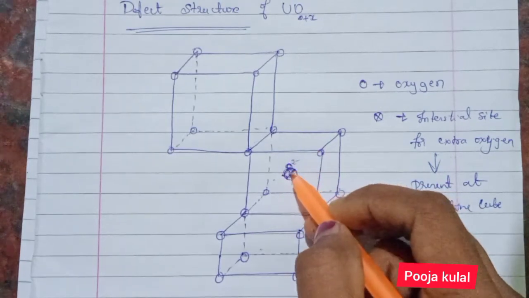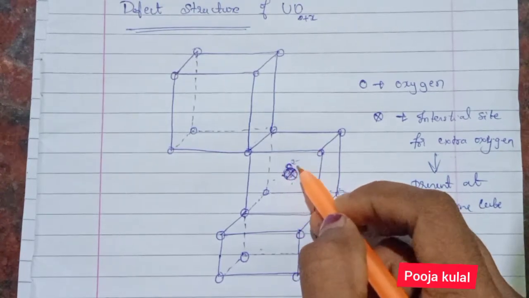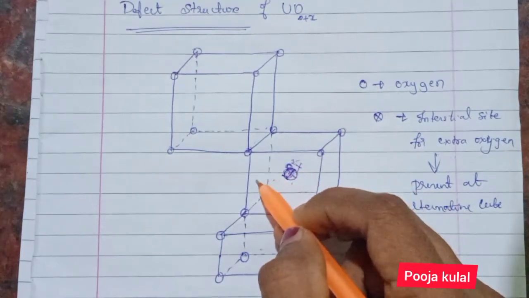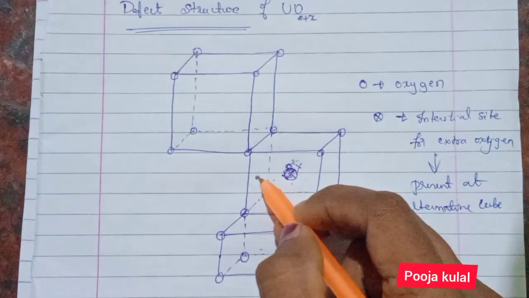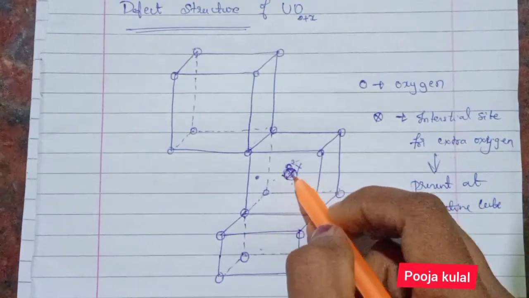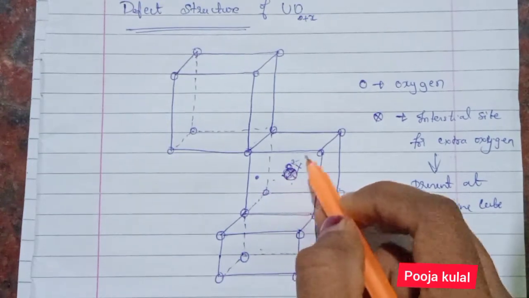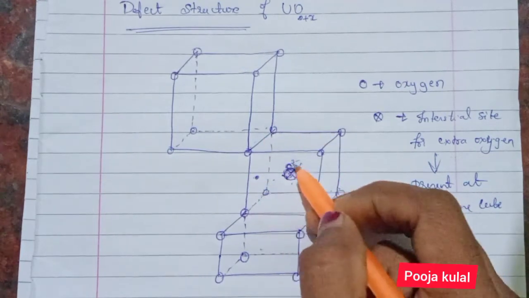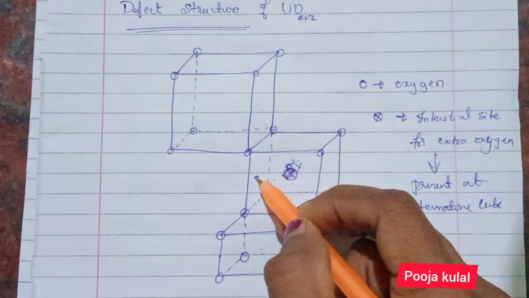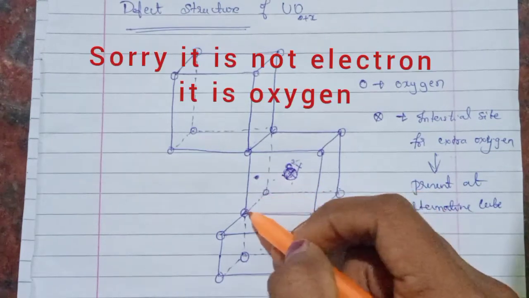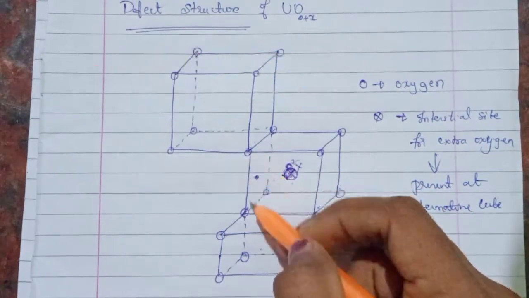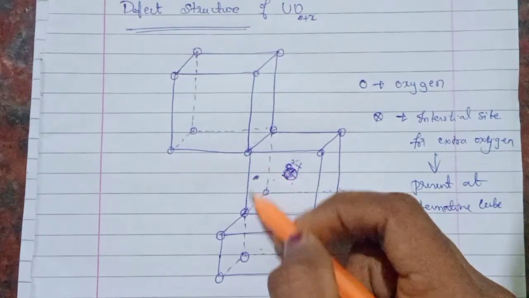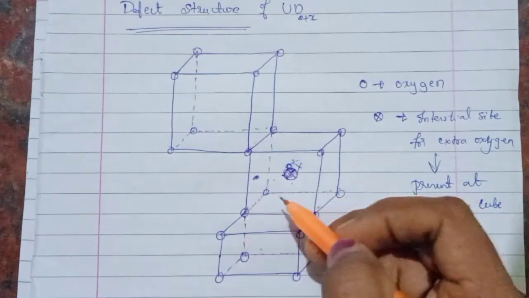Here also you will have oxygen, so there will be a repulsion. So the extra oxygen will not go here. Instead, it gets displaced towards the edge of the cube. It will come somewhere here. It is not going here. Instead, it gets repelled by all this crowd into the cube edge. Whenever the oxygen is displaced to this cube edge, you have oxygen here also, correct? So whenever the oxygen gets displaced into the cube edge, these oxygen ions also get repelled to their side.